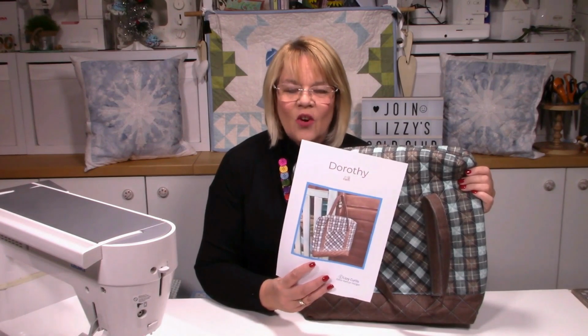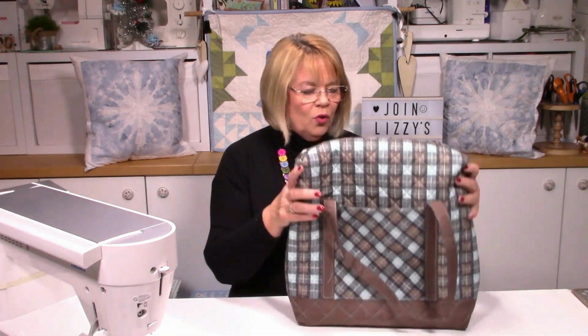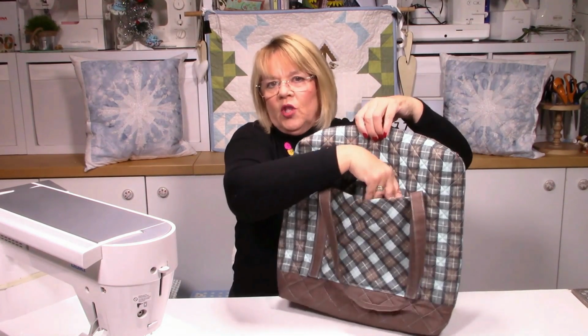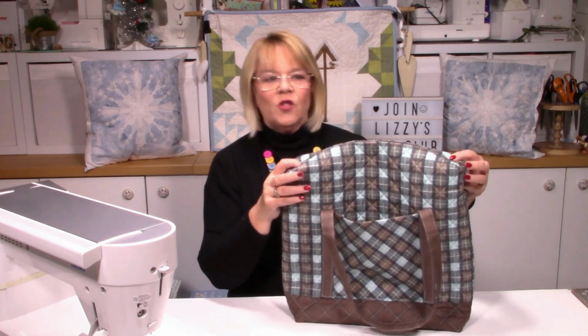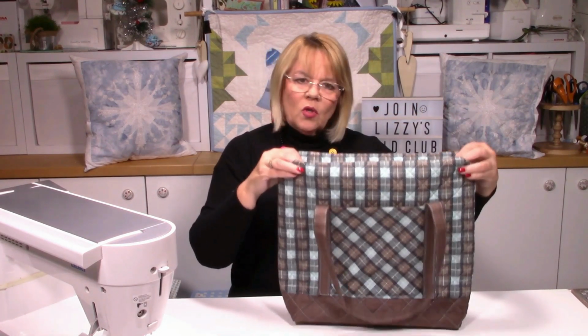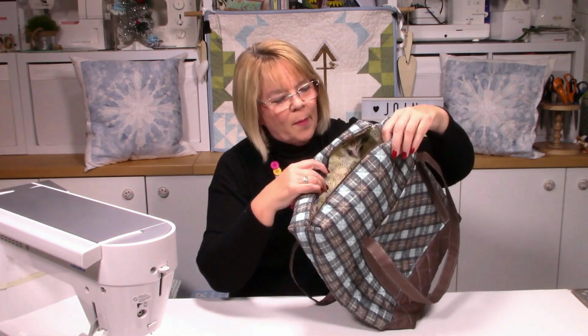And you can see Dorothy is the most amazing bag. It's big, roomy, it's got pockets on both sides. It's up to you. You can have one, you can have two. I thought, you know what, I'll spoil myself and have two. It's quite a sort of boxy design, so if you've ever made a boxy pouch, then it's very similar to that. It's got a zip along the top, and inside you can see I've used my batik fabric, and again